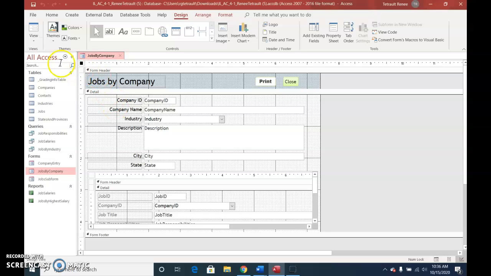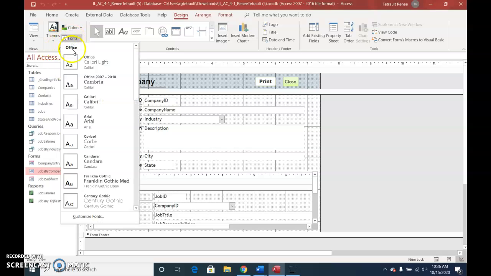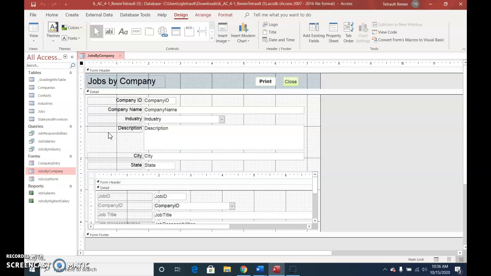And then we'll do the same thing for the fonts. So select Fonts, and we're going to select Arial. Again, if you choose Arial, all of your objects will be Arial. So right-click and choose Apply Font Scheme to this object only. And then, if you notice the 2 buttons, Print and Close, they're different. So we're going to click the Close button, and then we're going to choose